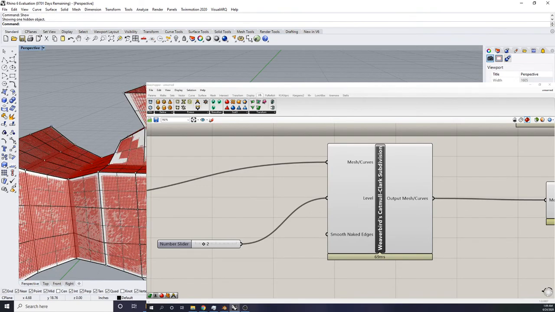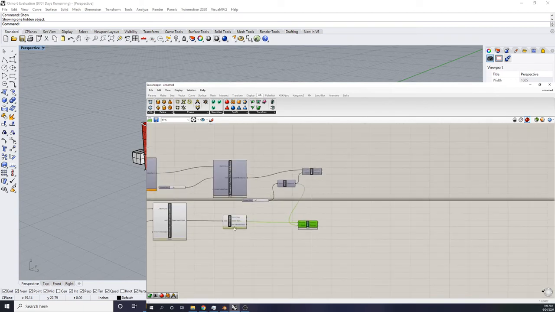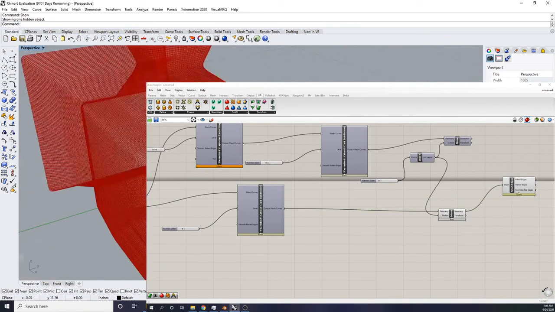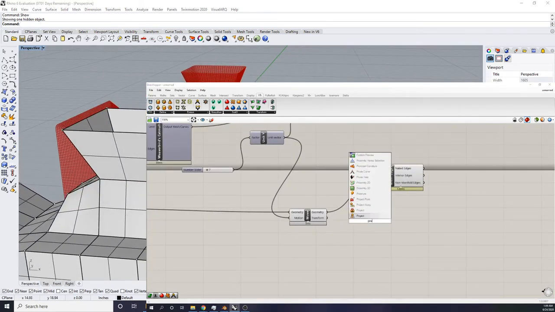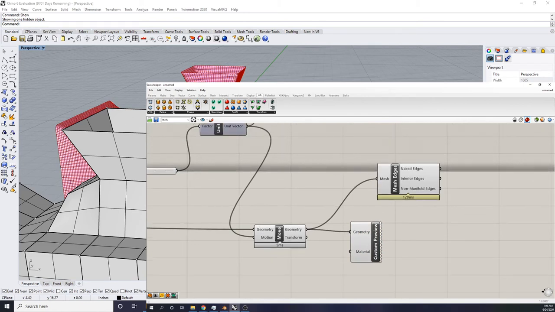If I show, if I also do a move command here, and just, okay, so you can see if I do preview here,